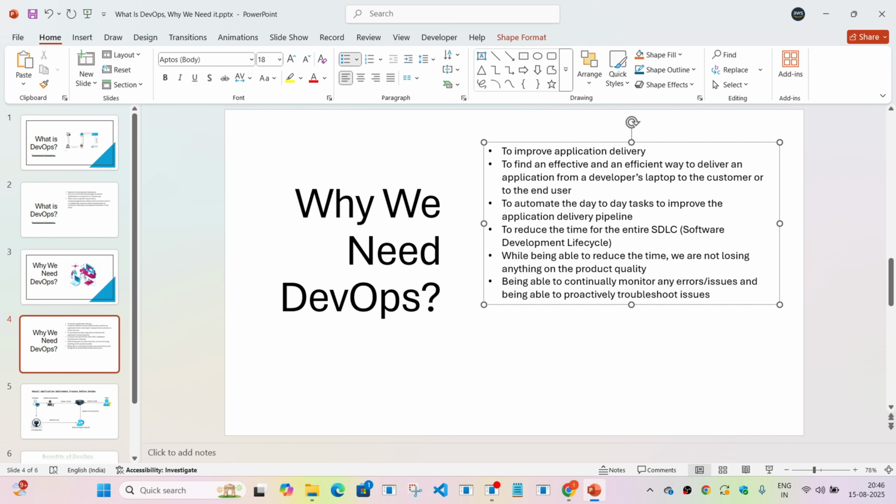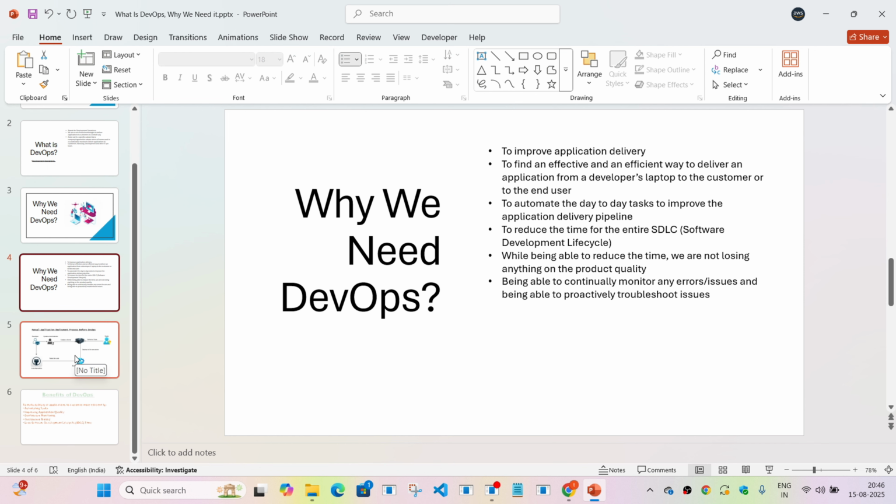Whatever work you do, whatever automation you do, is still prone to errors, but yes, the number of errors is going to be relatively less as compared to when you do things manually. So being able to continually monitor for any errors or issues that arise while doing any of the work related to DevOps, and being able to proactively troubleshoot the issues as well. So all this is part of your DevOps approach.